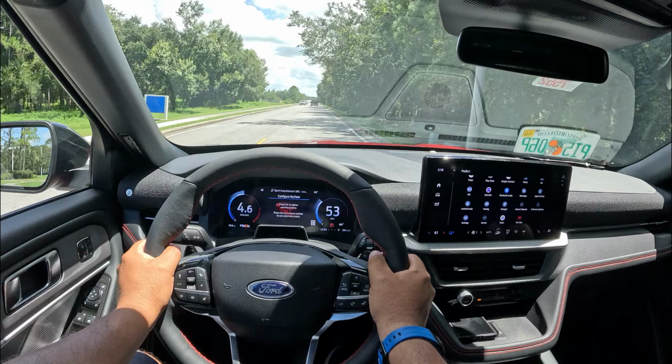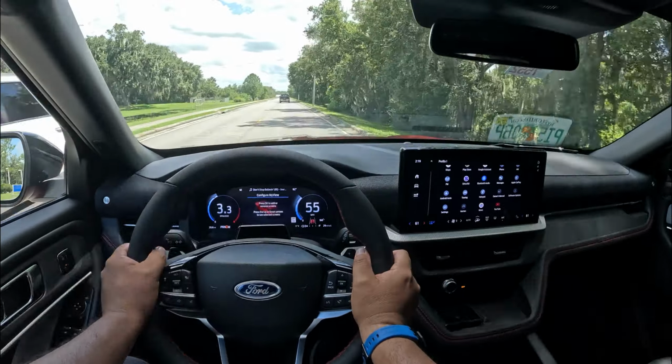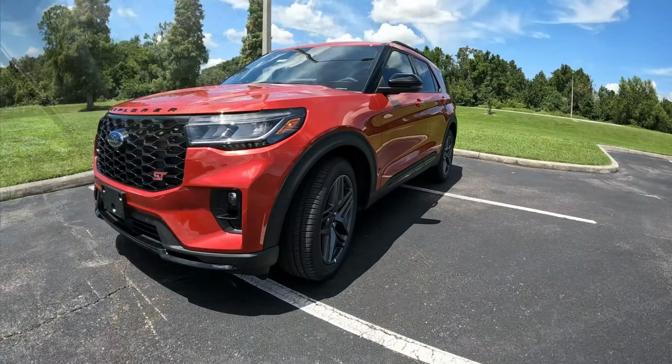So if we give a little bit of beans here. Yeah, she pulls. She's got some good power. This is a fun SUV and just gets up to speed really easily. Now we do have...